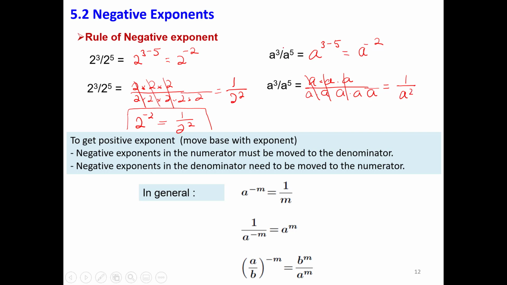Again, this expression equals a to the minus 2 power, and the same expression equals 1 over a to the second power. These two must be equal, so what we can say here is a to the minus 2 equals 1 over a to the second. Then what we can conclude here is